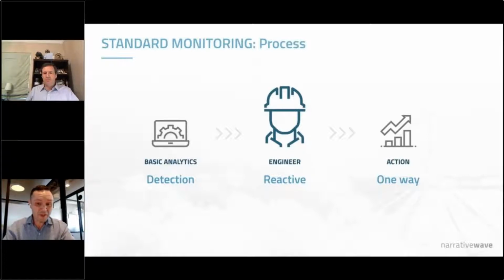So, Alec, what are some of the downsides to this? Right. So, we're really putting a lot of emphasis on the engineer and asking them to review things, assign priorities, figure out what they mean, figure out if they're true positives or false positives. And so we're putting a lot of emphasis on manual ad hoc reviews, manual diagnostics, right? And so this is a reactive process by definition, the way this is structured. Yeah, and to that point, the engineers aren't doing what's most important for them or for the organization. They aren't focusing on areas where they can create new value.